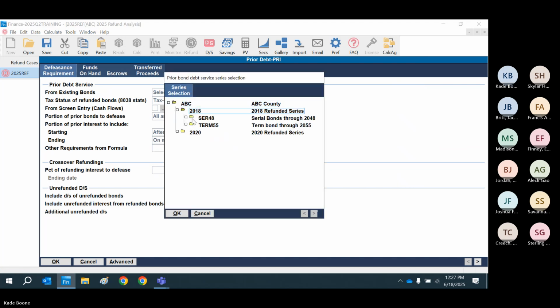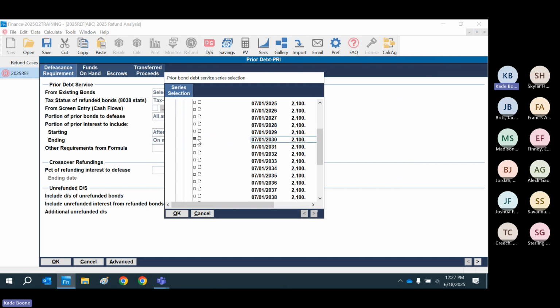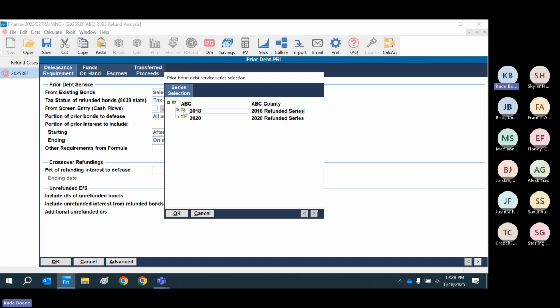One, kind of like we did on the existing debt. You could come in here and go, okay, I'd click it to its half and click on the zero. If you know a couple that I don't want to refund, 2.1, it's 1 million, you can come in here, and it's a little time consuming. I would prefer, or I would say, shade it in,